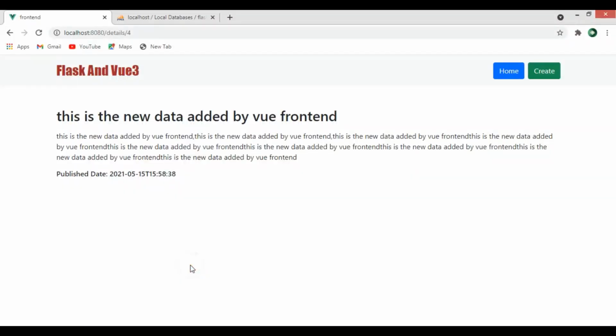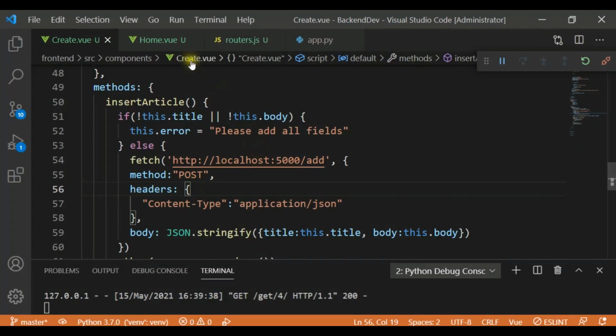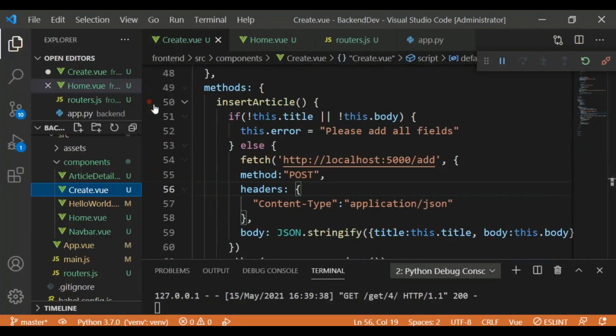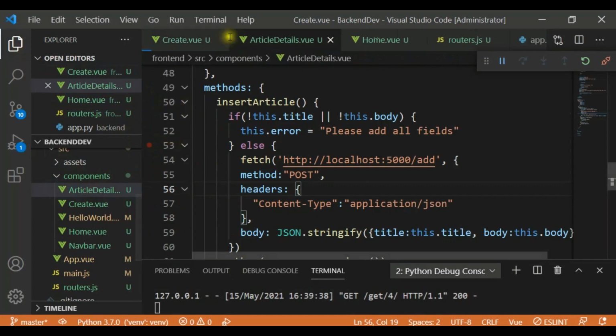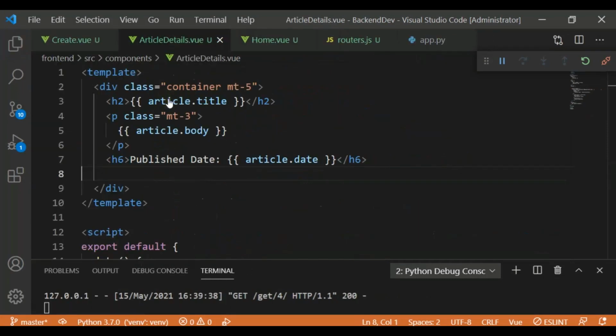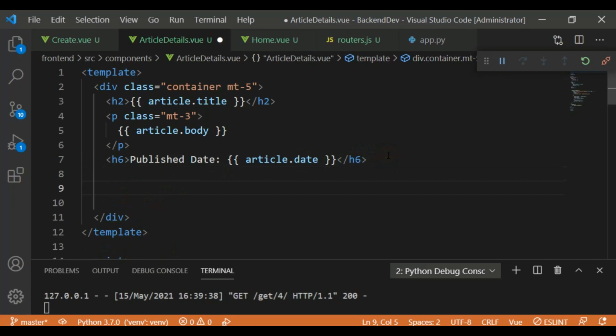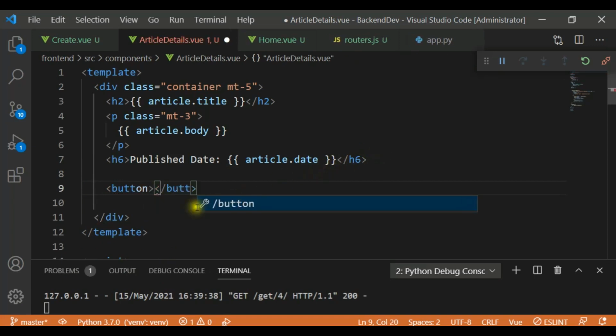Now we want to work on deleting functionality. So right now you can see that we are on the details page, and in the details page we want to create a button for deleting of the specific article or data. Now let's just open our article details in here, and in the article details we are going to create a button. So after this published date, we want to create a button, and we can just say button,